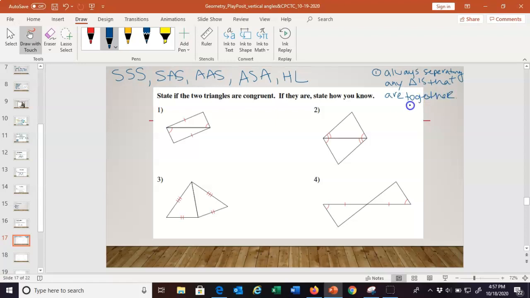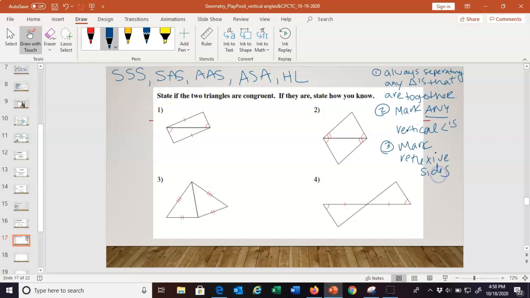See how they're all stuck together? I think it's helpful if you separate them. The other thing that we want to do is to mark any vertical angles that we're allowed to. And then also we want to mark any reflexive sides